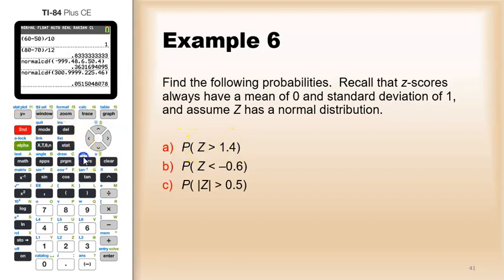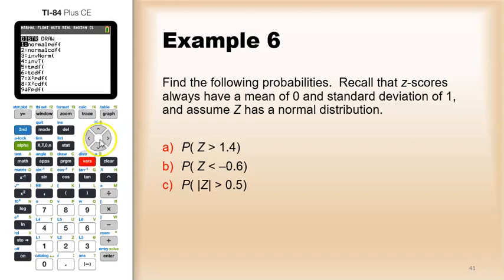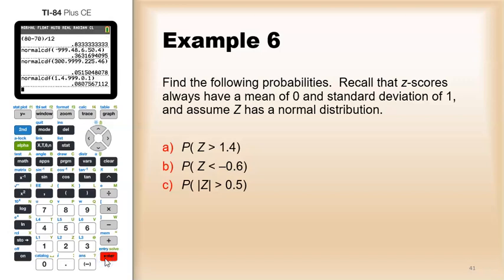Well, I go to the normal CDF. I want to be more than 1.4, so that means 1.4 to 999. Mean of 0, standard deviation of 1. And I say that probability is 0.0808. If I want to find the probability that z is less than negative 0.6,